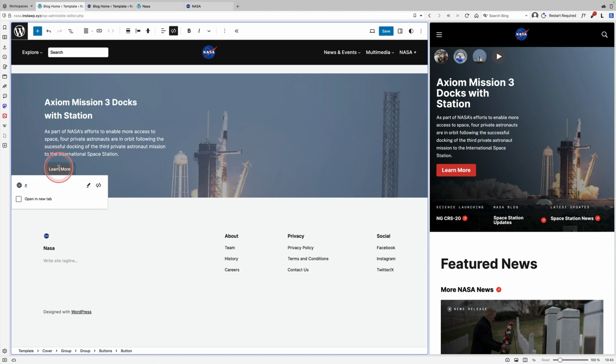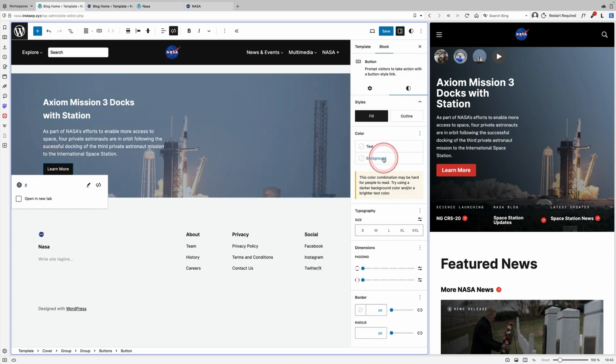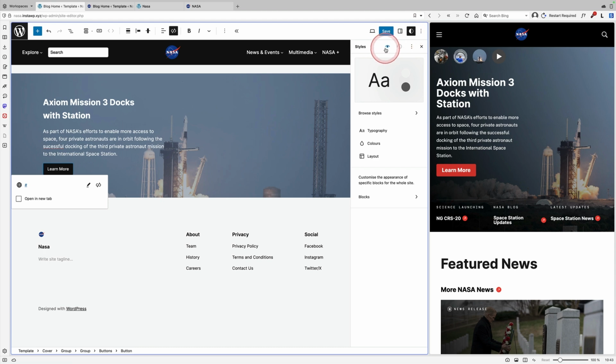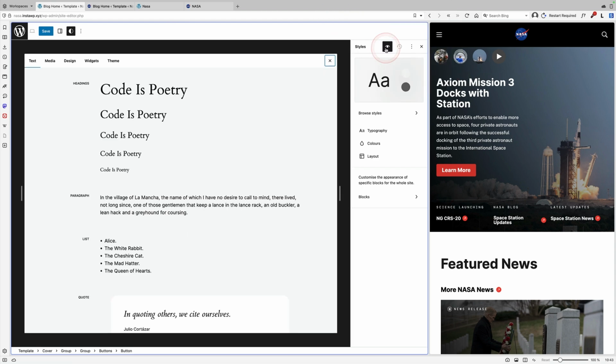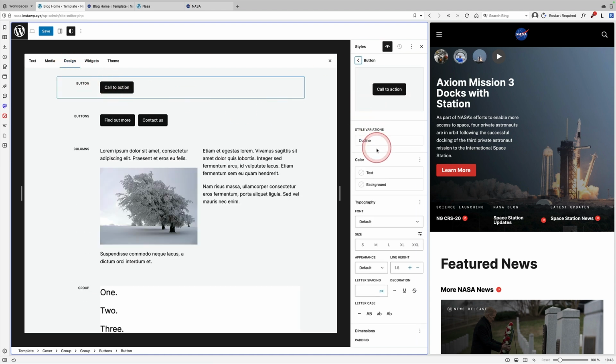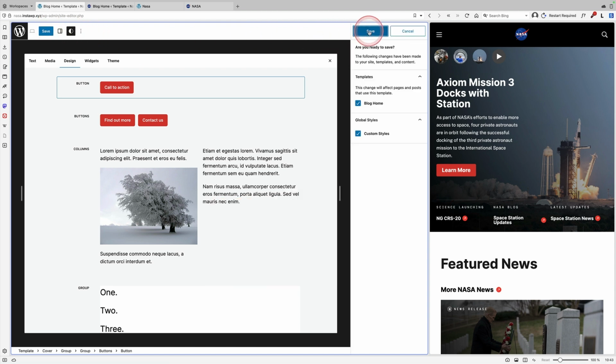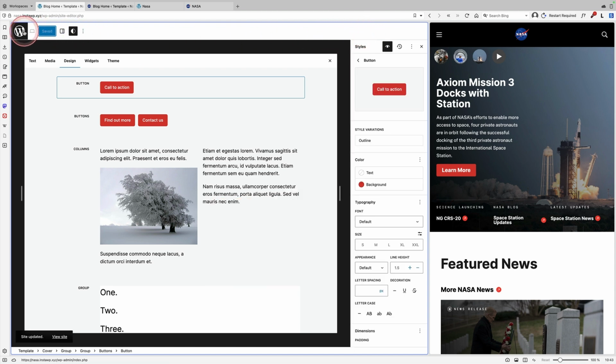There are two ways to style your buttons. You can either do it per button, in which case you just click on it, come across to your block settings, and come to background here, and you can change the color. Or if you want to do them globally, come to this little icon in the top right, click on styles. This is a really nice feature. This is the style book. This is a visual way of designing and seeing all your blocks. Just click on design here. There's your little button, and you can come in here and you can change the background. And I'm just going to pick that red color. The beauty of doing it this way globally is it will change it on all the blocks on your site. So if you had 1,000 buttons on your site, they would all be updated.